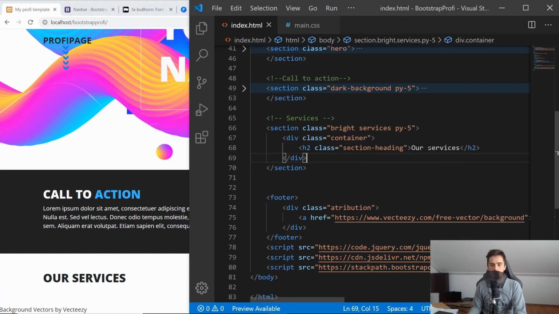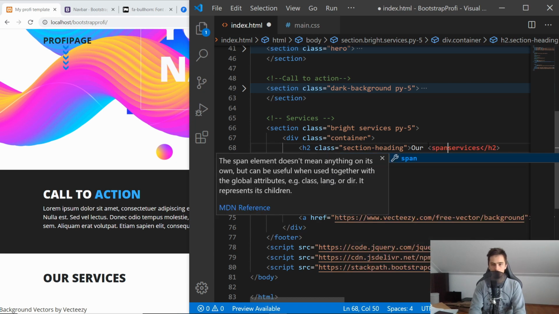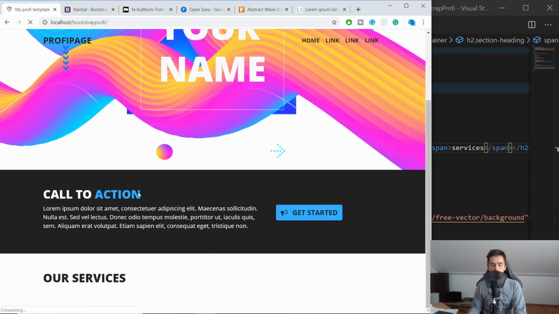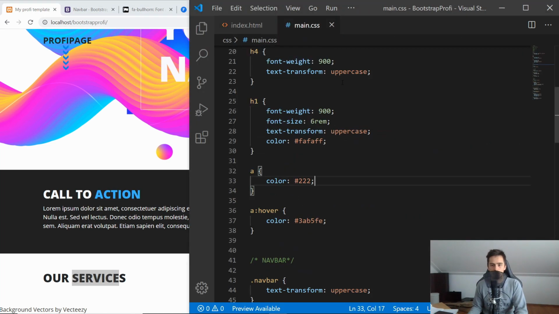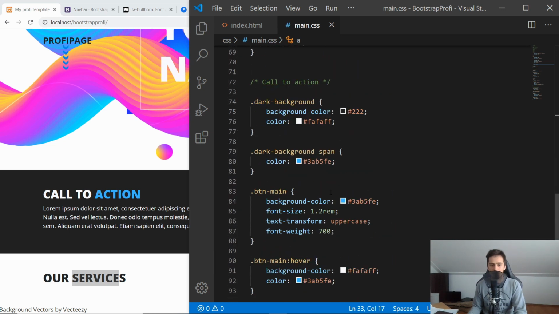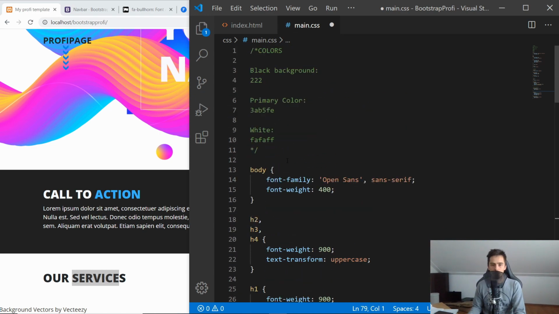Okay, it looks cool. We can maybe put this into a span. So once again, it can be blue. Okay, so like this. I'm not sure whether we can afford to keep these services. Okay, I will just do it this way. We can maybe edit it out later. So what I thought about was just removing this dark background and just keeping every span will have this color. So I will just